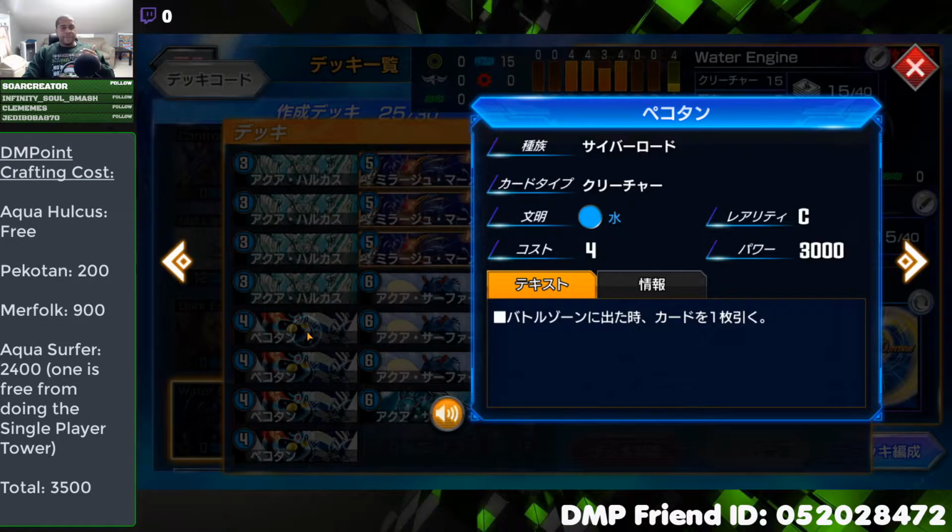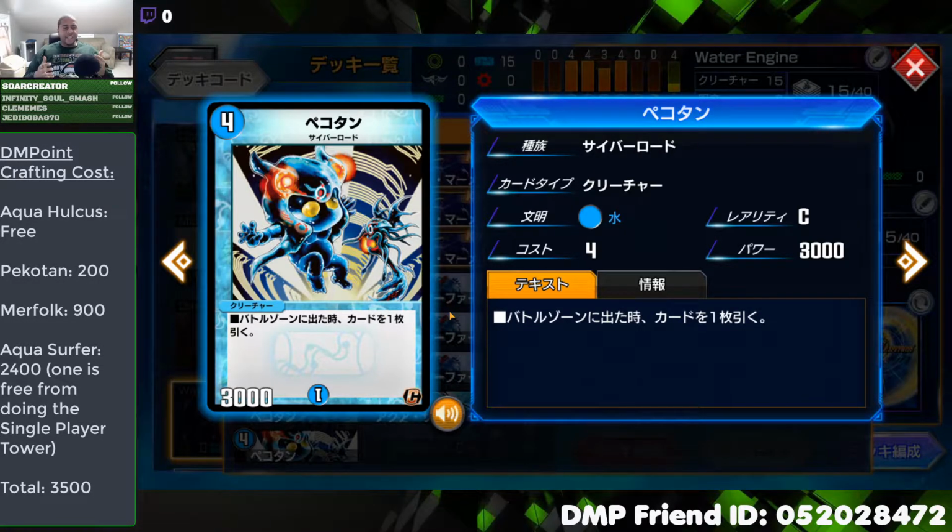And then we have 4 Pekaton. Pekaton is a 4-mana 3000 Cyberlord that says when you play it, draw a card. The reason for that is that there are no two cards at the moment like Aqua Hocus, a 3-mana creature that draws you a card and puts a body on the board instantly. Pekaton here gives you 1 extra cost for 1 extra 1000 power, which is really nice because 3000 power